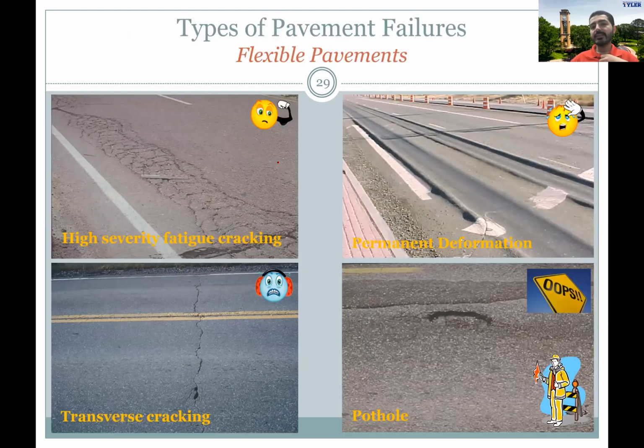So how do pavements fail again? Those are the four major distresses that we see. There are multiple other distresses, but for the sake of this class, we're discussing the four major problems that we see on flexible pavements. So we can have high severity fatigue cracking. Fatigue cracking happens similar to going to the gym. Assume you're going to the gym and you start lifting dumbbells, and let's say it's 20 pounds,